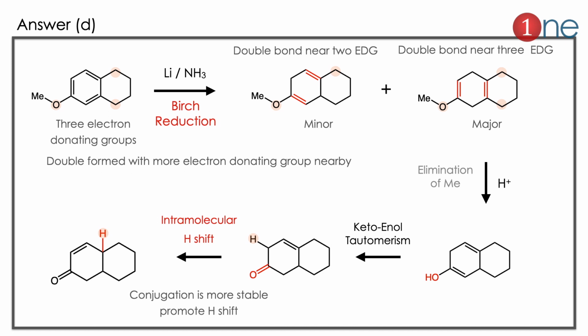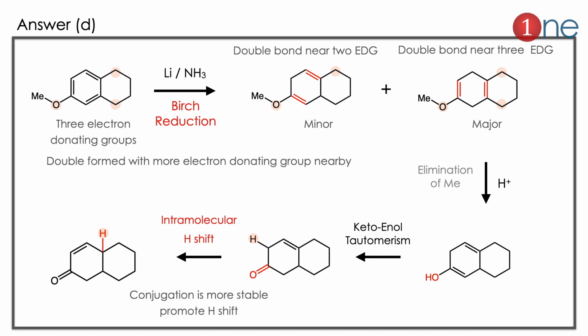It is with 3 electron donating groups. One is methoxy, another is 2 methylene groups. Then we are getting the selectivity. Then you are adding the acid. When you add acid, the methoxy group becomes alcohol. So Me leaves and alcohol forms. Then the double bond and alcohol are nearby. As you guess, keto-enol tautomerism occurs there. Then the product is there. But there is a possibility of a conjugated double bond. Always a conjugated double bond is more stable, which promotes the hydrogen shift from the next carbon. So the hydrogen shifts, and the conjugated double bond is formed. So the answer is clearly D.